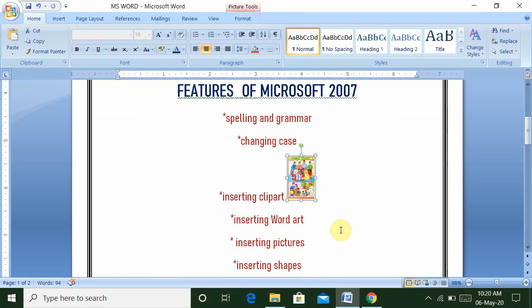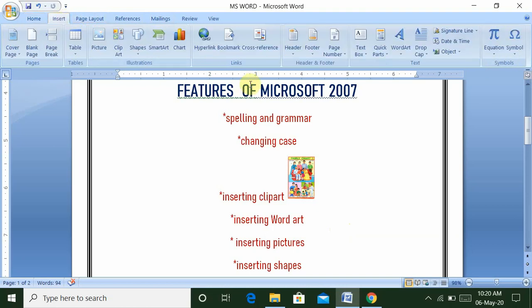Okay, next option on your computer is inserting word art. What is word art? This facility gives you the option to select the pattern of your text. Go to the insert tab and select your word art option.